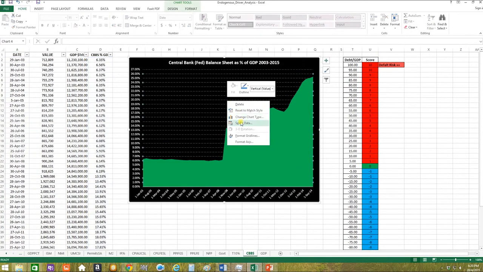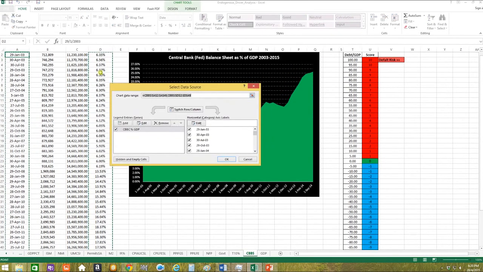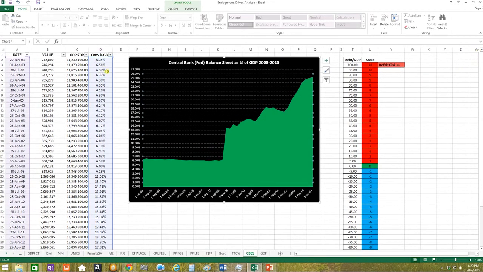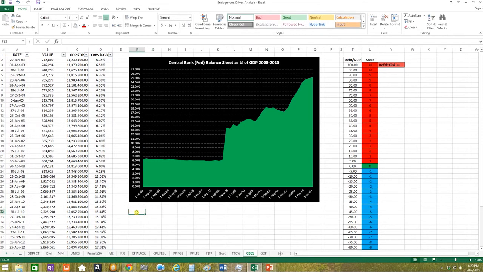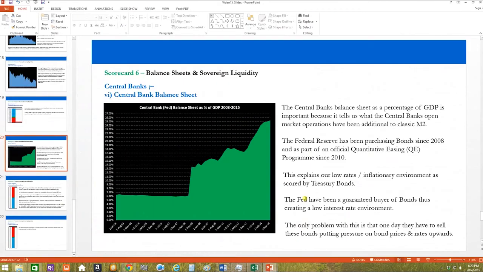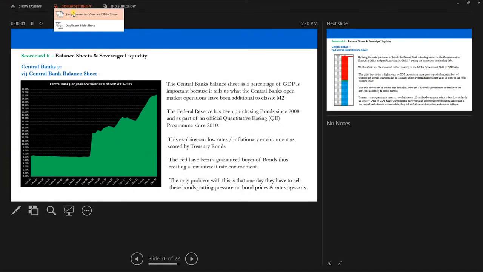And our data references in our chart from these cells. So we're referencing the percentage column here, so the central bank balance sheet as a percentage of GDP, and on the bottom axis, the date. And as you can see, there's been a big increase since 2008, since the financial crisis, and that's due to the Fed's quantitative easing programs. If we go back to the presentation,